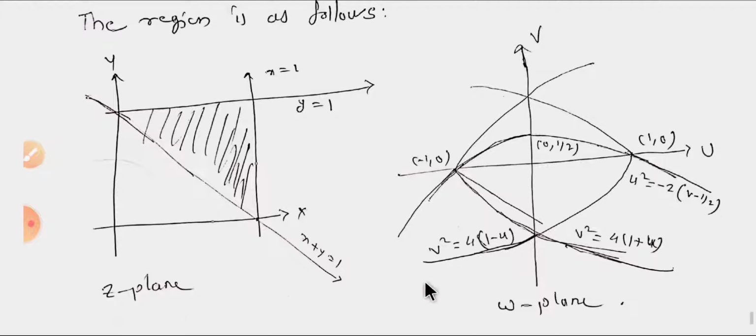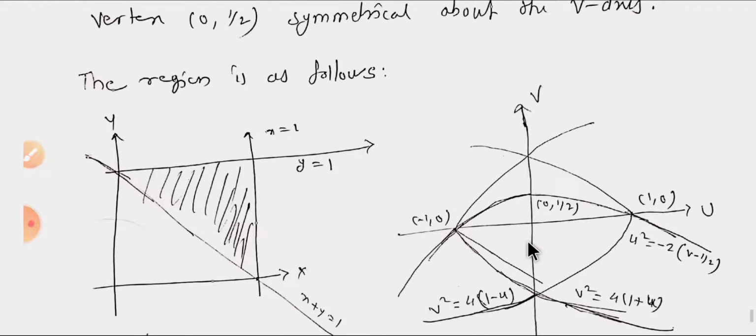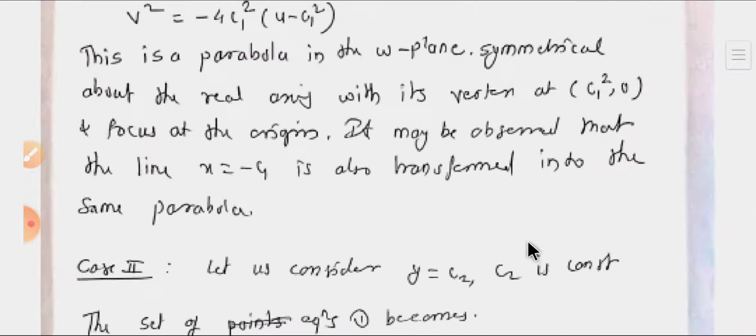So when it is x plus y equal to 1, then this parabola is v square equal to 4 into (1 plus u), and this parabola is v square equal to 4 into (1 minus u). So this is the figure, and this is hence the solution. This discussion comes in examination for 6 or 7 marks. Remember this one. So now we discuss